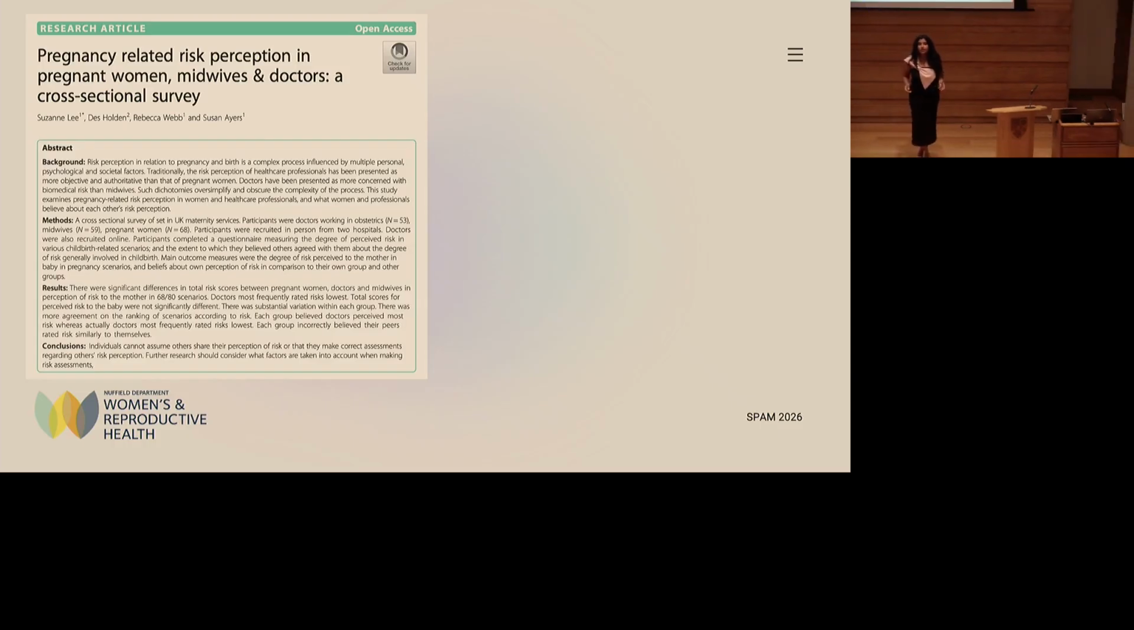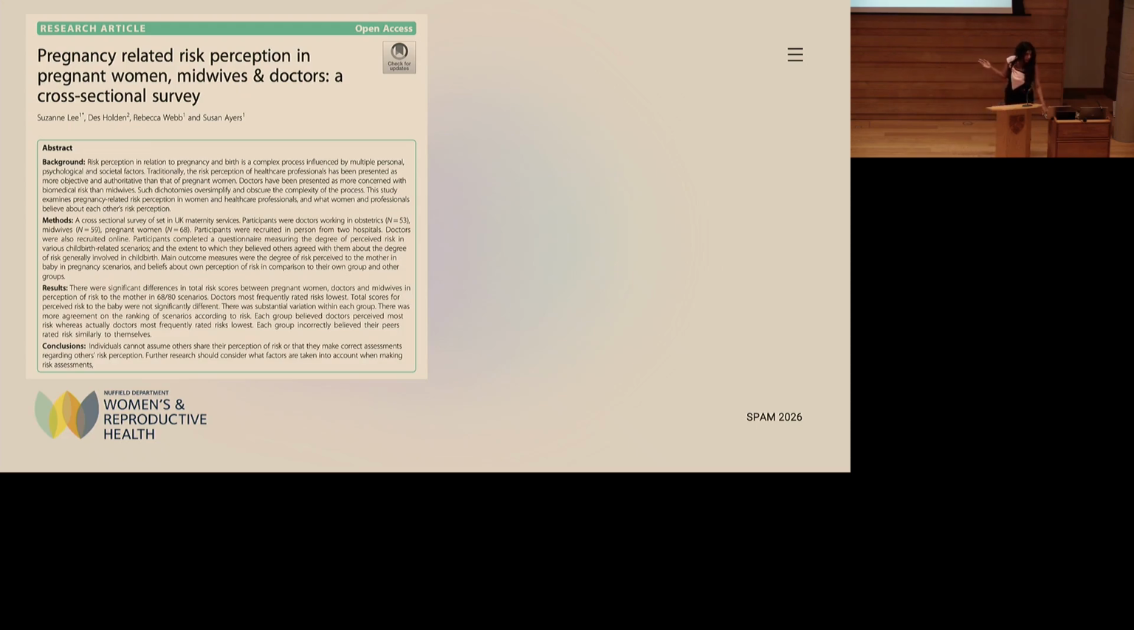And what was so interesting is that within each group, everyone rated risk the same as their peers, but between groups there was a huge difference in how risk was being perceived. Patients thought doctors would perceive risks higher than they actually did, and the lowest group to perceive risk was actually